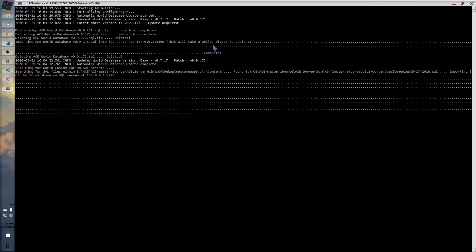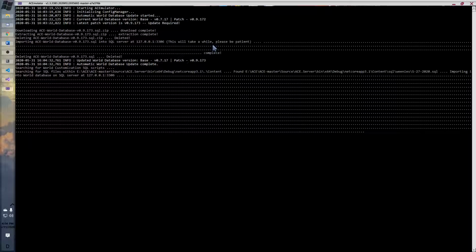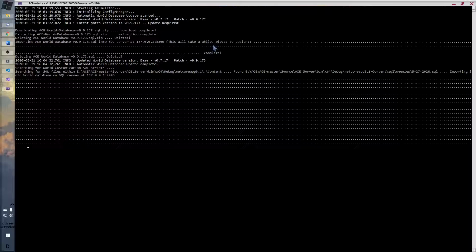This will fill the screen. It's going to go all the way down with those dots. They'll get slower when it hits land blocks, and then it should give us a server that's ready to start up. So if you're running a live server and you're running custom content and you build within these parameters